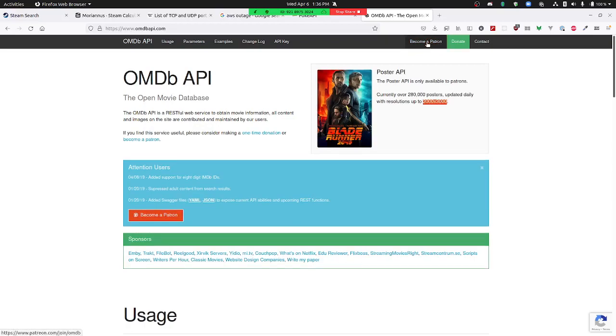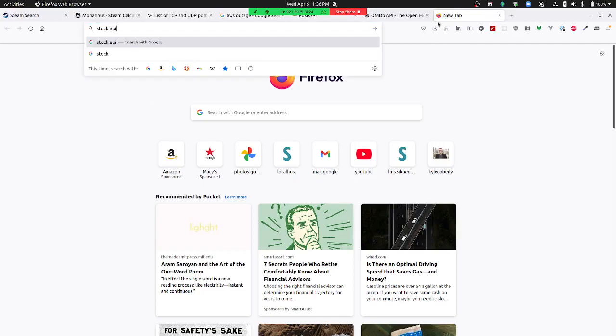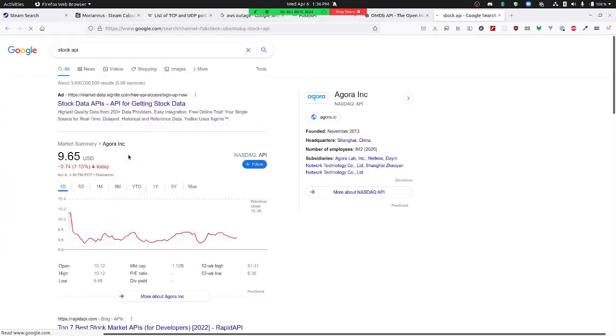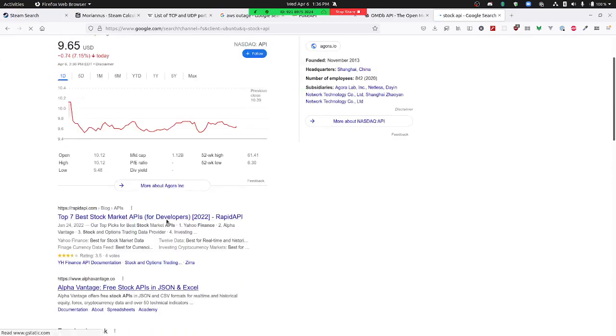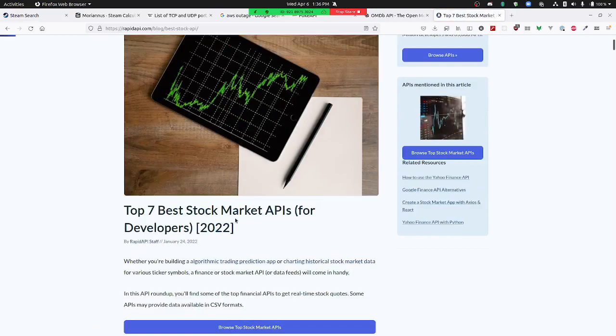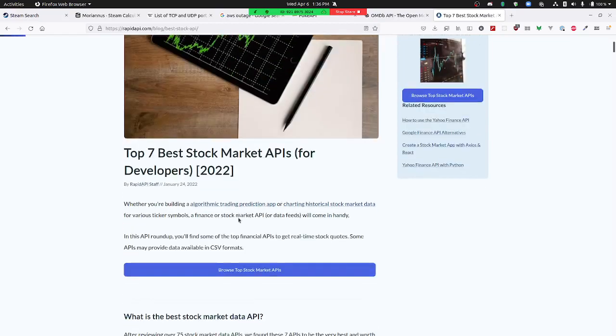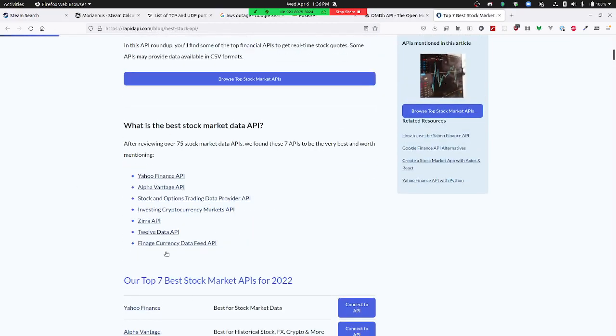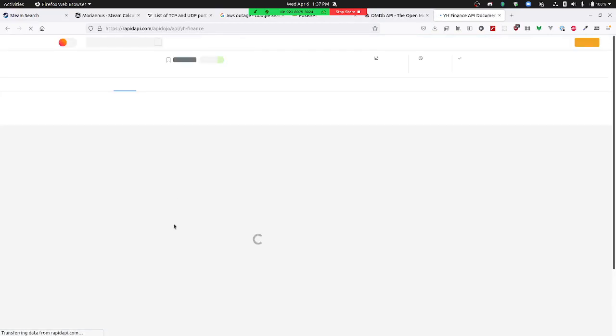And then there's places where the entire business is the API. A good example of that would be all the stock APIs. Alpha Vantage, I think, is one of them. A good stock API needs to have crazy high resolution. It needs to know down to the millisecond when a trade occurred. And so the Yahoo Finance API, for example,